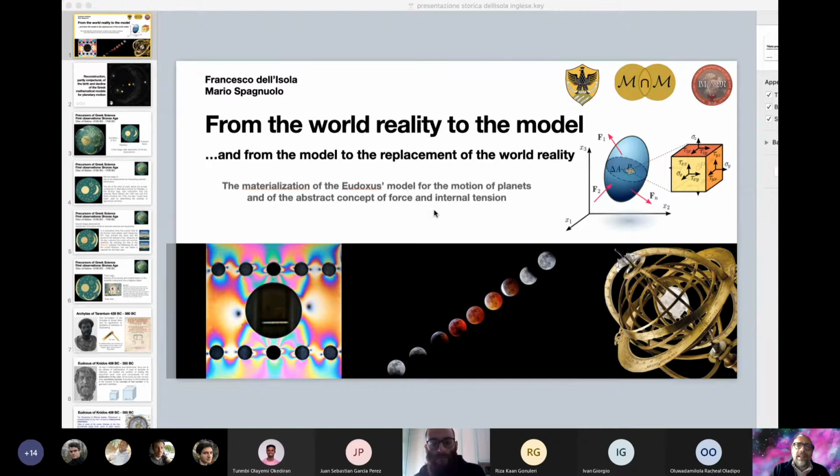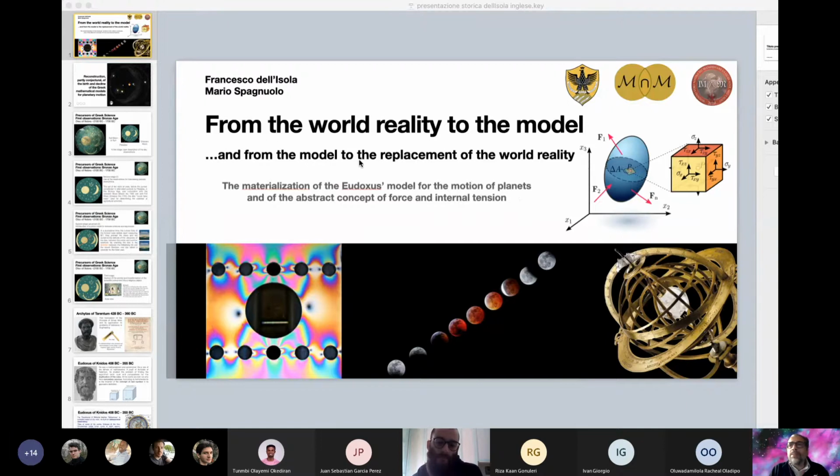Okay, and I will establish a parallel between the social phenomena occurring to the mathematical model used for describing the motion of planets and the mathematical model used for describing deformable bodies. So this will be another interesting subject which I will touch during these lectures, the whole course.